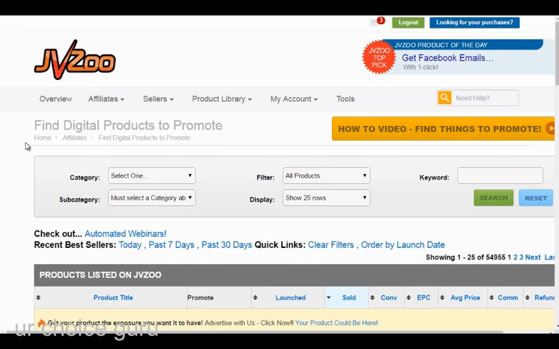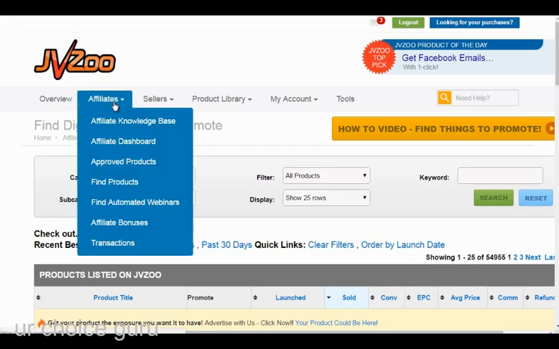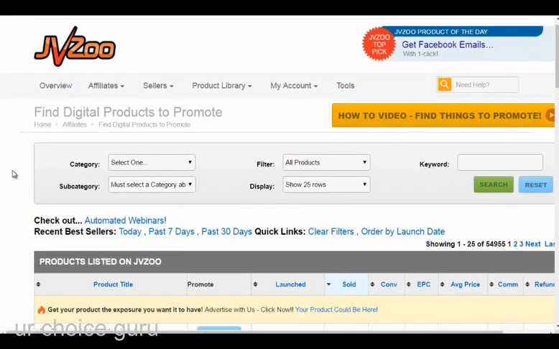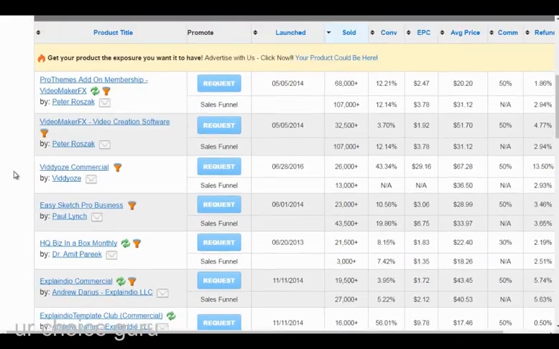Now, you do need an account to do this. So you need to go to jvzoo.com and create an account as an affiliate. Then if you go to the top and click on affiliates and click find products, you will be directed to this page where you'll be able to find digital products to promote. In this case, we're looking for vendors, but this gives us some good data to get an idea of what products are being sold, the conversion rate, the EPC, in other words, the earnings per click,